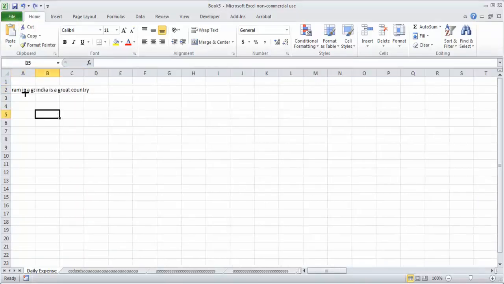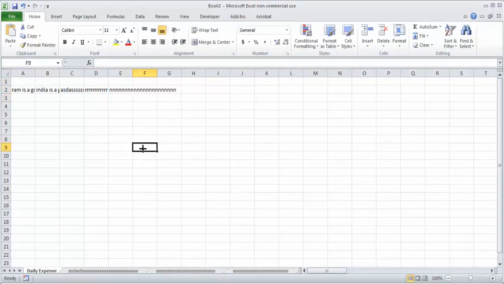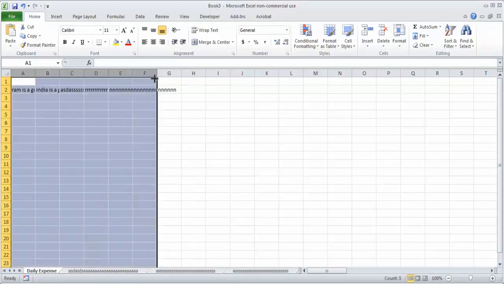Many times what happens is, let's say suppose you have all these rows filled. Manually doing all this is very difficult, right? So what we can do is select all of this, select the columns, and double click.